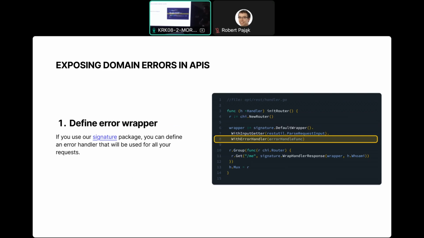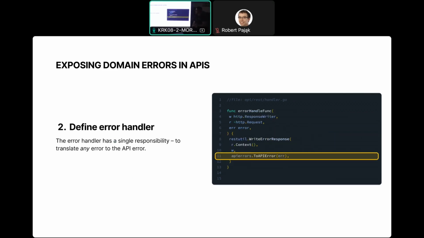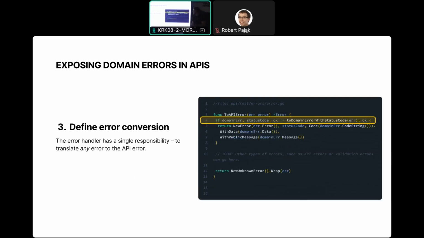We have a signature package, which you might look up later, which I use here with a wrapper that we have. And we use that to define an error handler and use that wrapper here. This is simple, and all that the error handler does is it converts an error to an API error. Well, how does it do that?